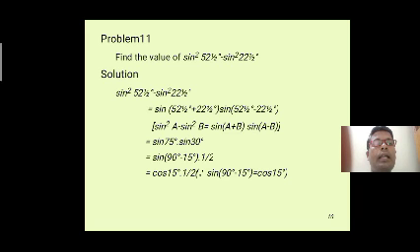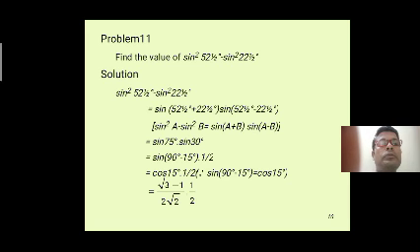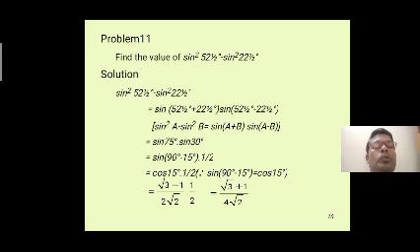Otherwise, sin 90 minus 15 we write as cos 15, also possible, into 1 by 2 we write here. Therefore, sin 90 minus 15 we write as cos 15 degrees. We know that the cos 15 value is root 3 plus 1 by 2 root 2. Already we know that sin 30 is 1 by 2. Now we do the multiplication. We get root 3 plus 1 divided by 4 root 2.